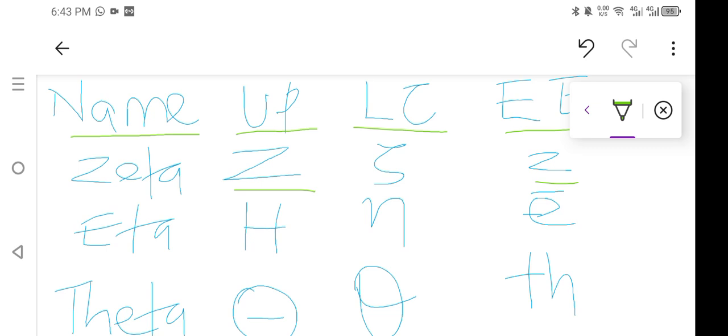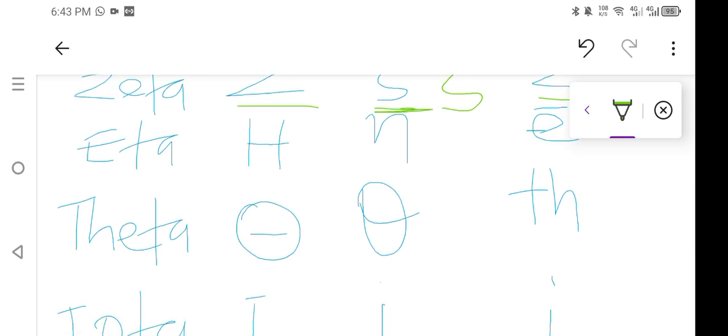The lowercase is the one that's different. And so we say you need to take time and practice. Remember, you start with the curve and then you come and then you do that. So take time and practice the zeta. And we looked at eta, which the uppercase is very easy. So we say the moment you find this, it is not H. Greek does not have the H letter in its alphabet. So when you find this in Greek, it is eta, equivalent to the English E, but with a bar on top,